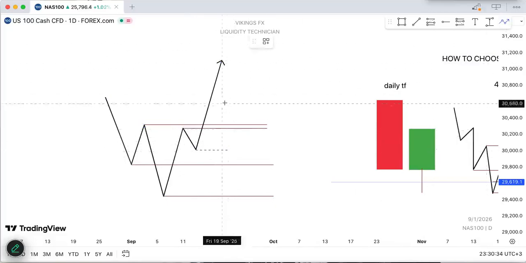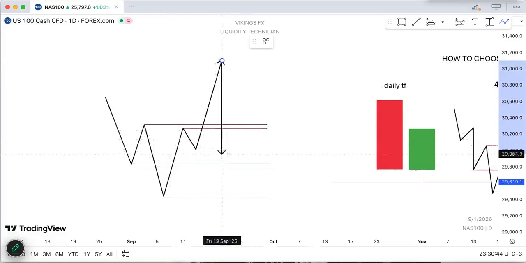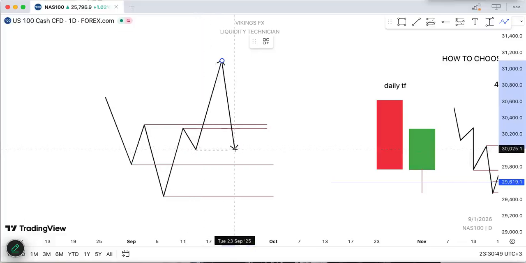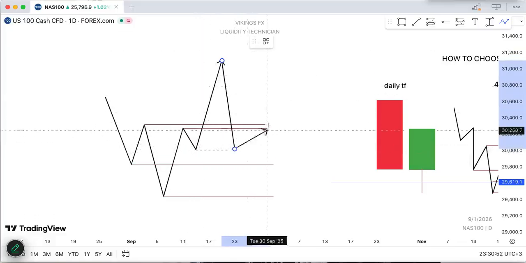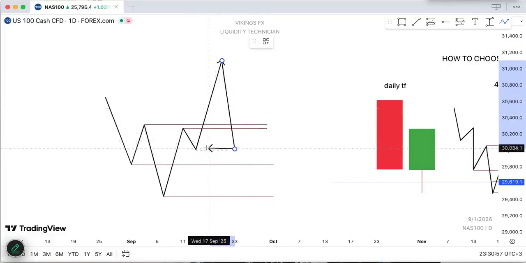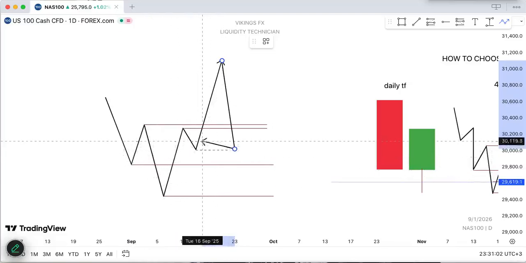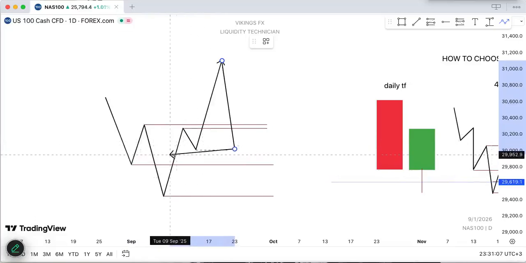So after price creates this liquidity here, when you get 10 setups like this, you will find like 7 or 8 when price came back and took out this liquidity, and then 2 or 3 when price stopped here and it continued above. But most of the time, once it creates this liquidity, it will take out this liquidity, tap the nearest key level to liquidity. Most of the time you will find OCLs here,